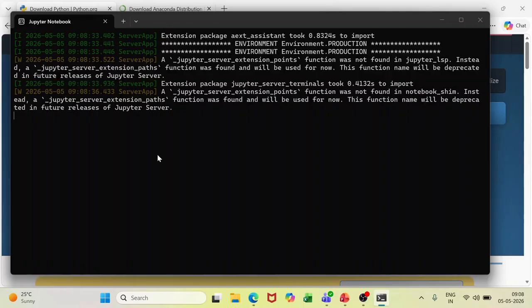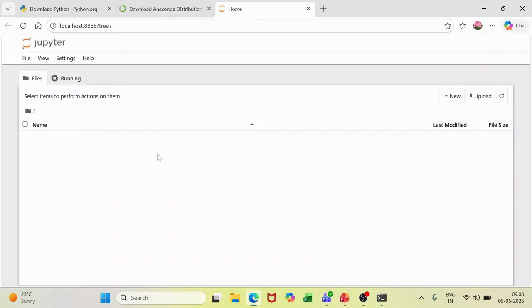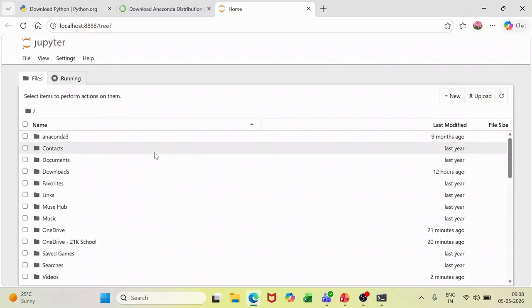So this is also a very good application to write down the Python program, as it is not giving you the prompts of the command itself. So for a learner, I will always suggest you should go to the IDLE or to the Jupyter. Now it will show you the whole file system of your machine. So you can take your files wherever it is located, or you can go to the new file.